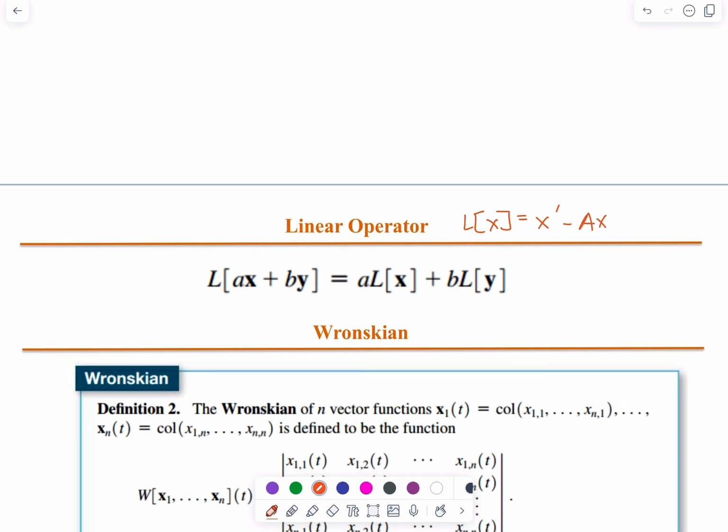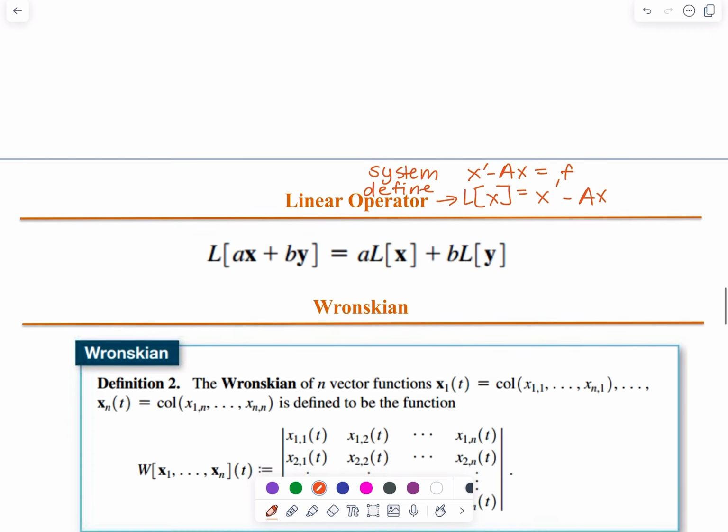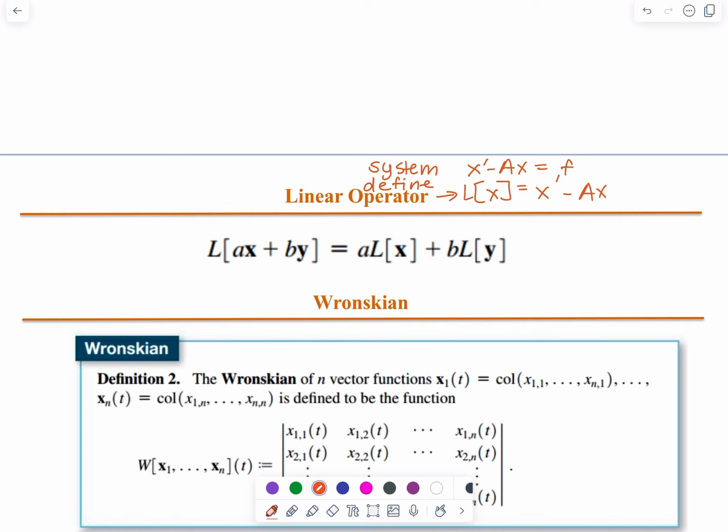And of course, if our system is written as x prime minus Ax equals f, then we define this operator as L of x. So now we can express this system in operator form. So we can now express our system as L of x